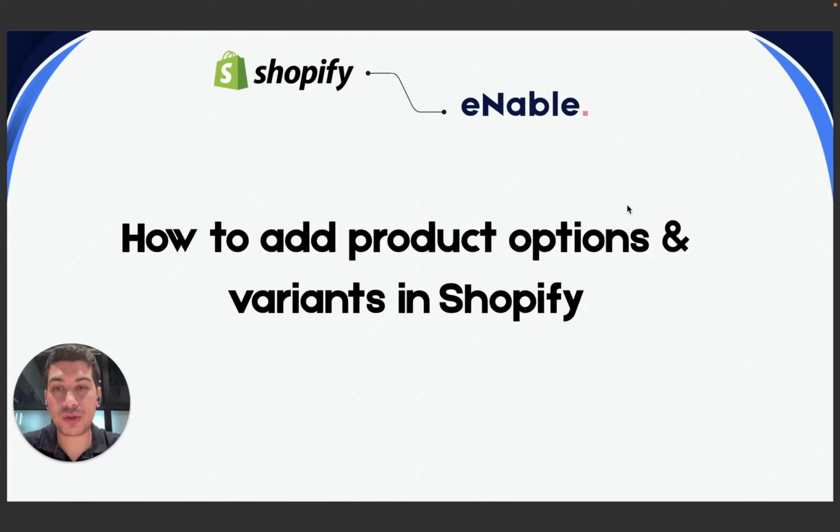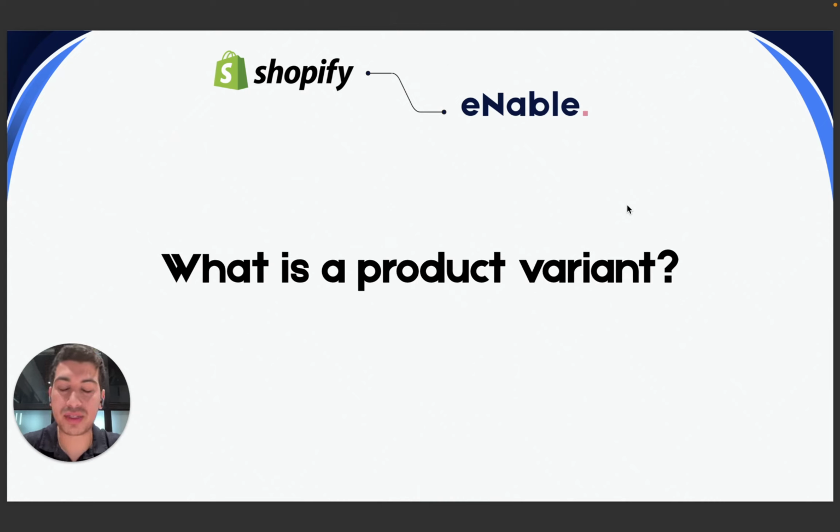In this beginner tutorial, we're going to be doing a step-by-step guide on how to add product options and variants in Shopify. Okay, so let's start off by defining what is a product variant. Now, simply put, a product variant is a specific combination of options available to an original product or a parent